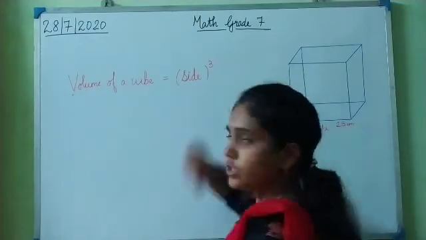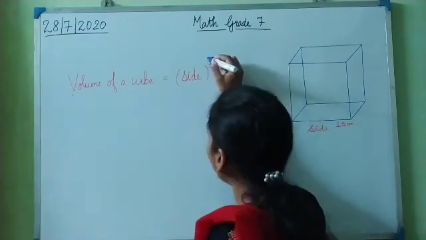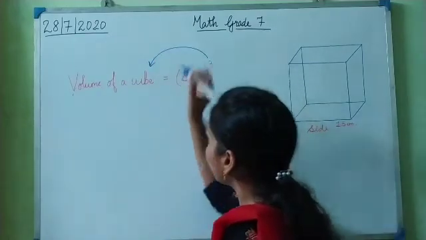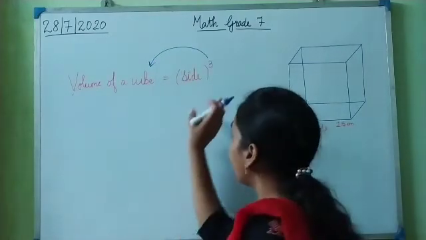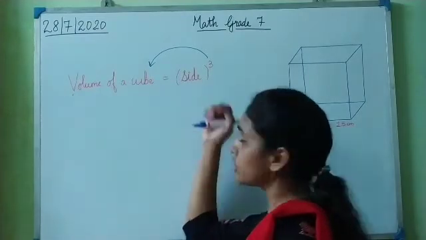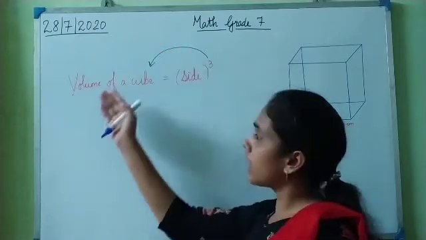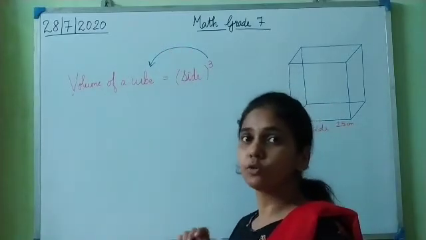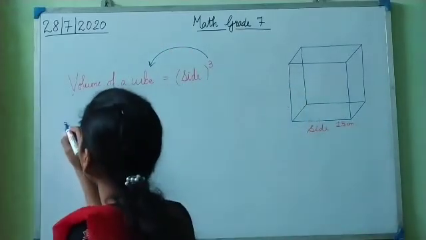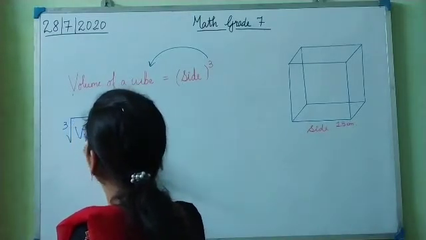Only this cube sign which is here will go to the other side, and when it goes to the other side, it becomes a cube root. The cube sign on one side of the equal to sign, after going to the other side, becomes cube root. Okay, so I write cube root of volume